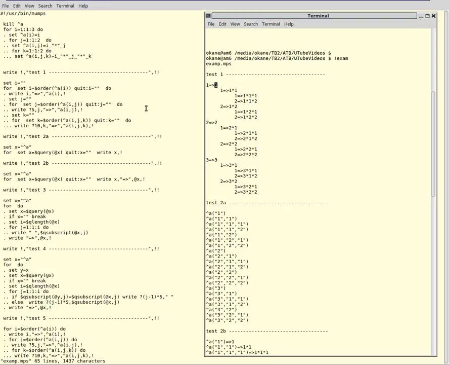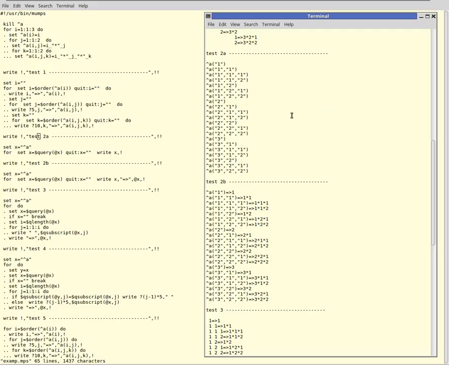Are there other ways of doing this? Yes, there's almost always other ways of doing it. First of all, I've got 2 parts here. One to make it a little bit clearer, I hope. Let me scroll down a bit here to get the 2A up to the top. In a MUMPS database,